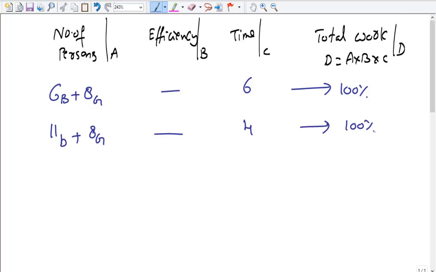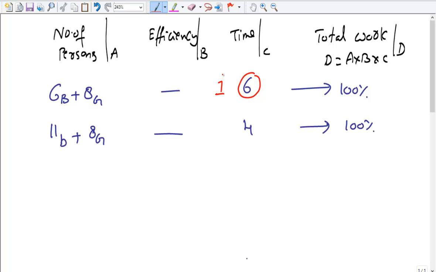Now what you can do is, since the sizes of the two groups are different, as well as the time taken by the individual groups, you can convert one value into a compatible one. If you know that they work for the same number of days, then it's very easy to solve this question. Now to do it, instead of finishing the work in 6 days,